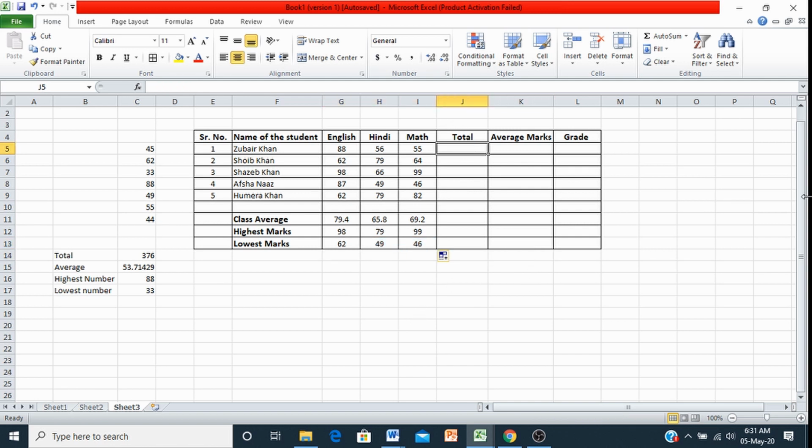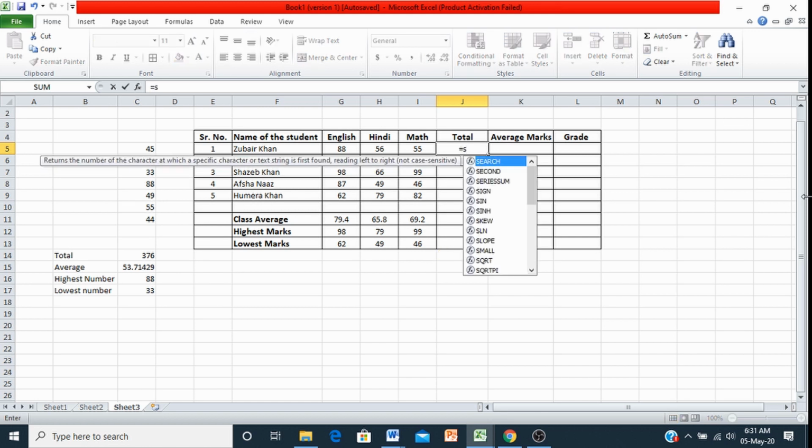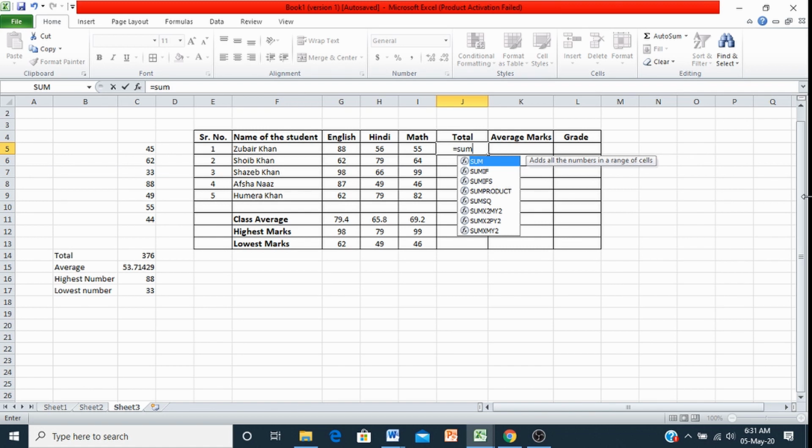Now here we will use the sum function for calculating the totals. Equals sum, then open bracket, then we have to select this. Suppose Zubair Khan got 88 in English, 56 in Hindi, and 55 in math.